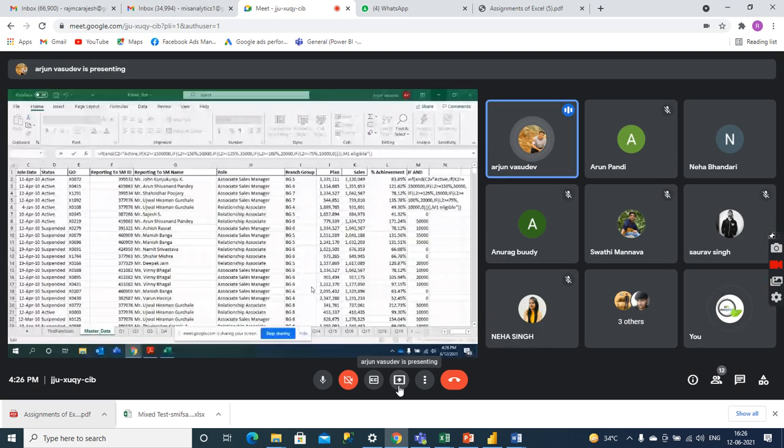I'm using the formula IF and AND. That is, if the person is active and he has got sales of more than 15 lakh, then according to the... Okay, Arjun, got it. So again, IF is not required when we are using the AND function. Under the AND we can give multiple conditions without applying IF in the middle of the formula.